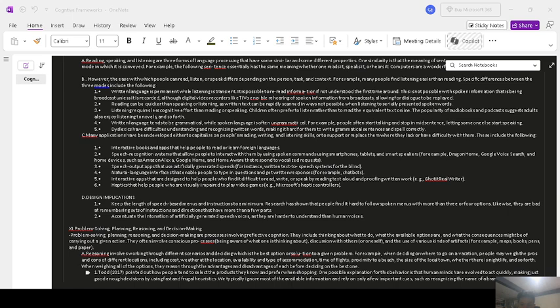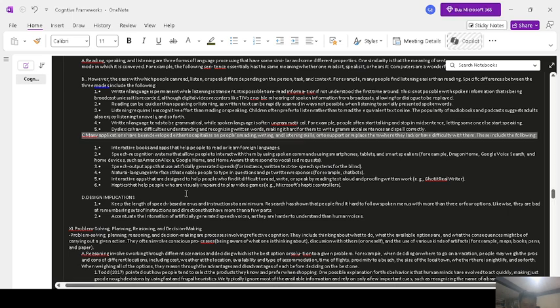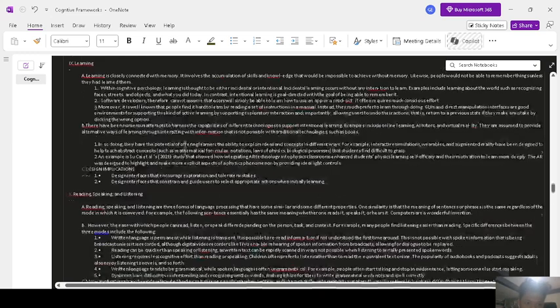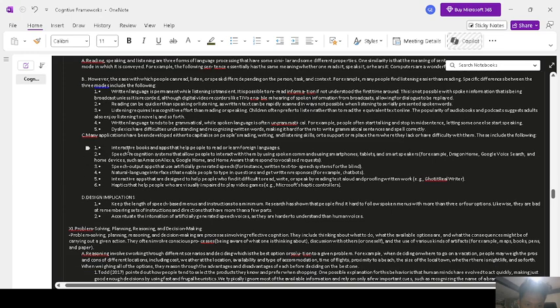So I think we have to continue. Let's finish this reading, speaking, and listening. Interactive books, apps that help people to read or learn foreign language, speech recognition systems that allow people to interact with them by using spoken commands using smartphones, tablets, and smart speakers.